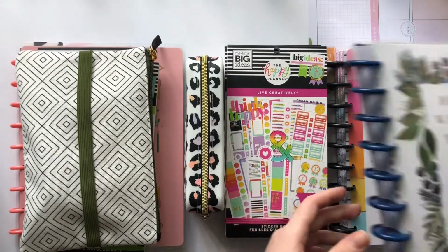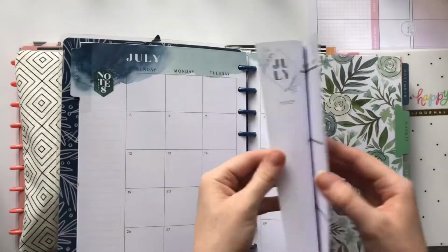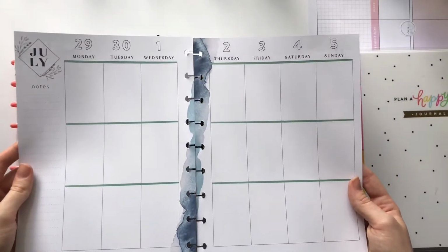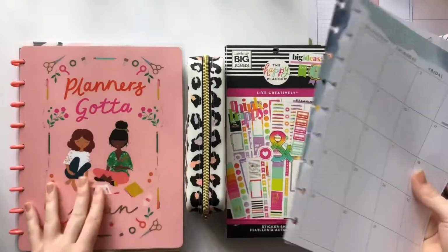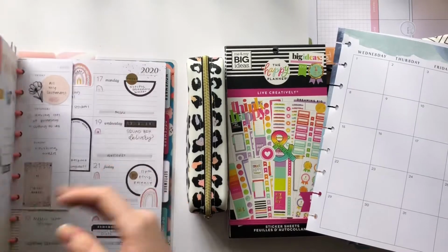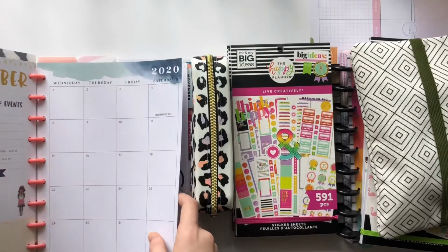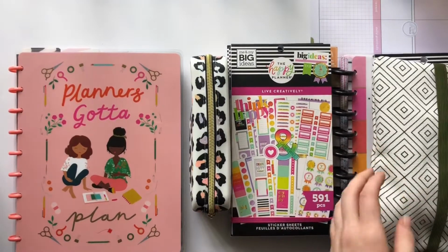Okay, and then I also wanted to bring a couple pages out of here to let Michael plan with if he wants. So that way he has a week here that he can do. Maybe we'll do it together or something. So I'll go ahead and bring those and let me put them in my regular planner. I guess I'll go ahead and put it right here. Okay, nice. I think that is everything,